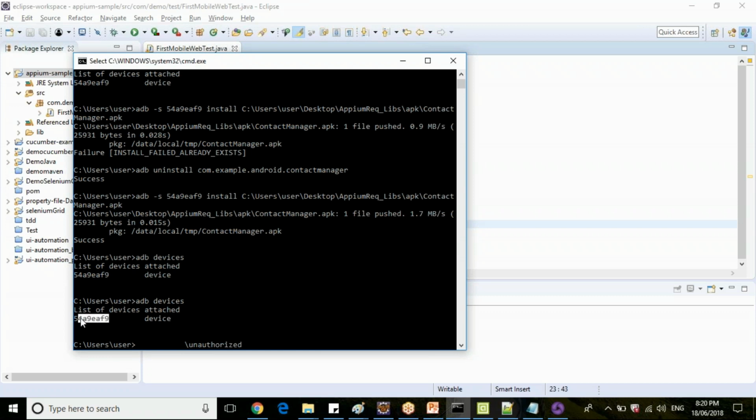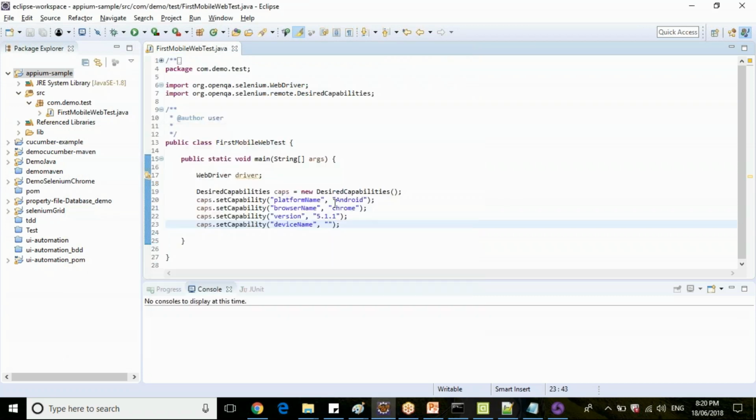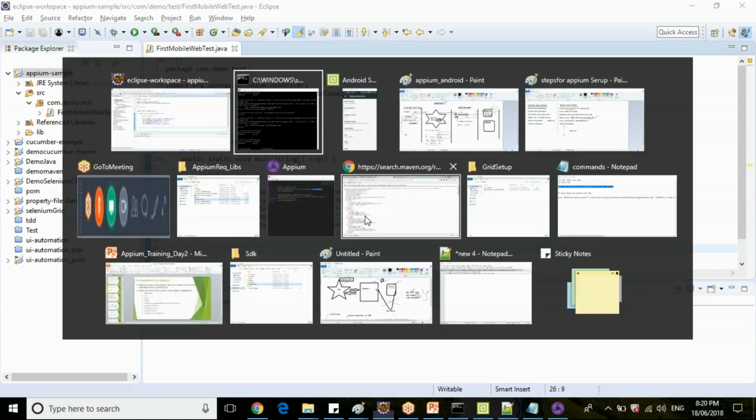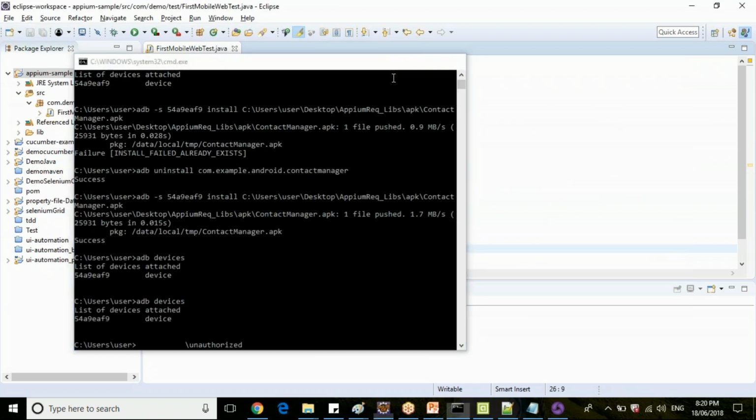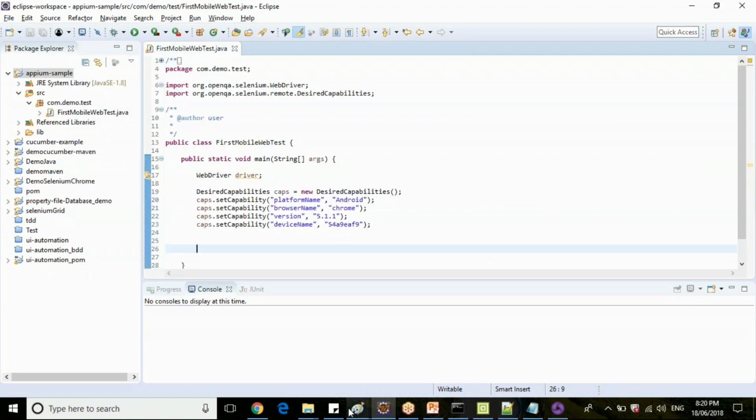Copy the serial ID, okay, and paste it here. So you got your device serial ID also. Set, your capabilities are set now. So if you see, what is the next step?